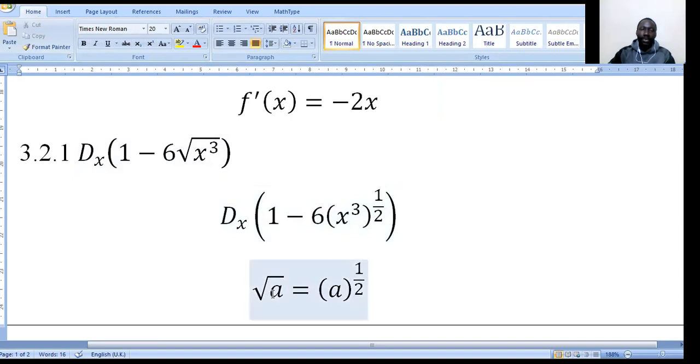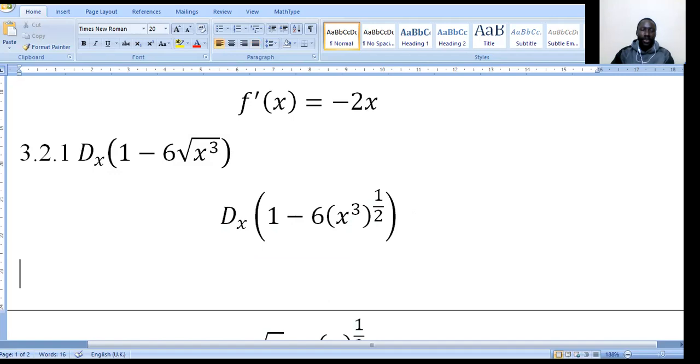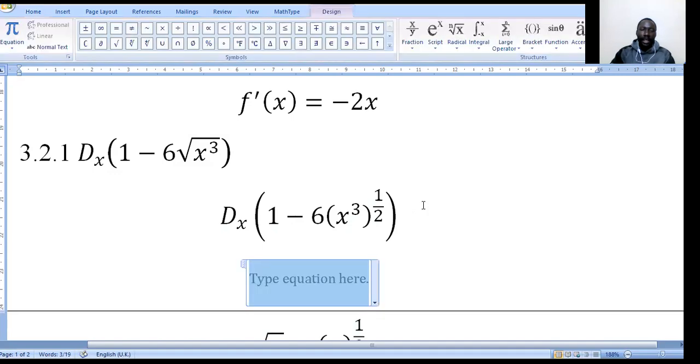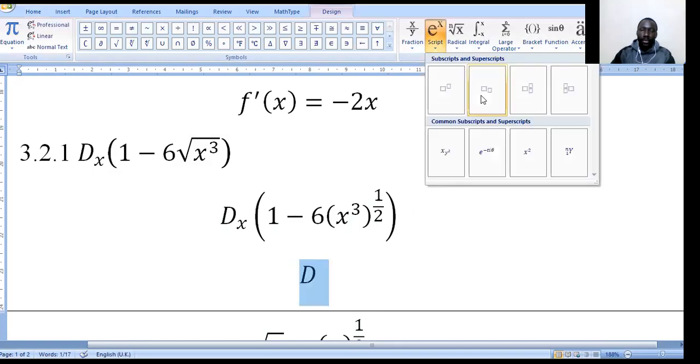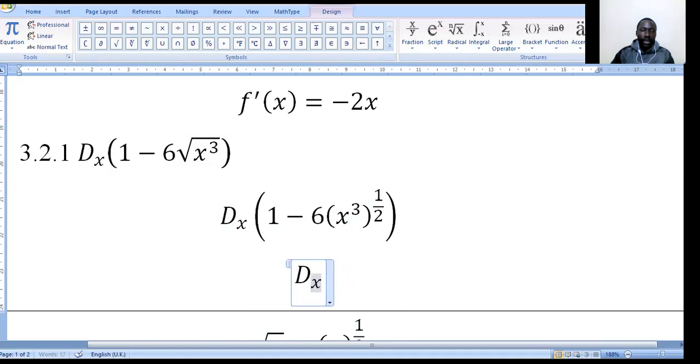And we can then go ahead to simplify this one more step. So that will give us d of x, the derivative of x being... right. There we go. Now we have 1 minus